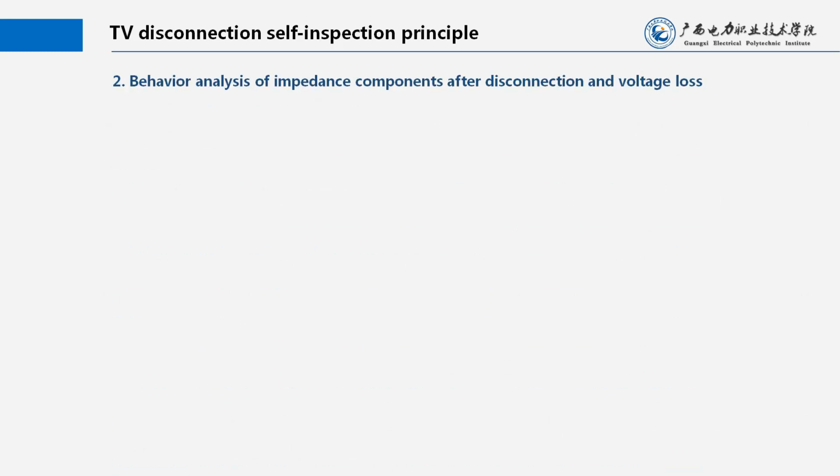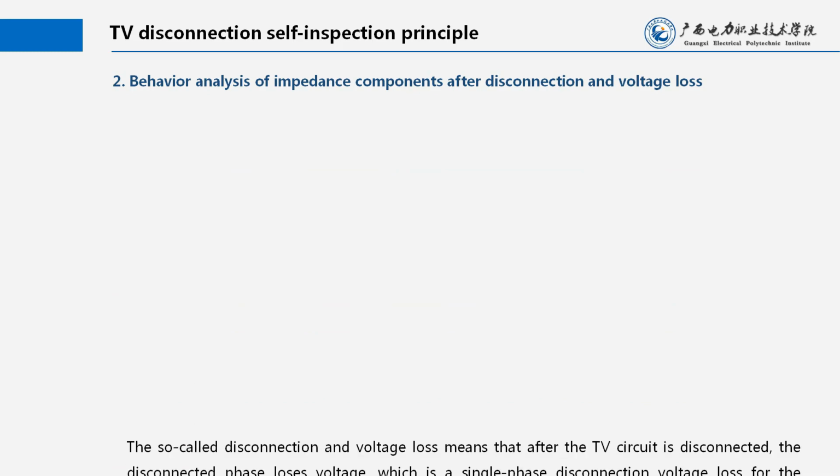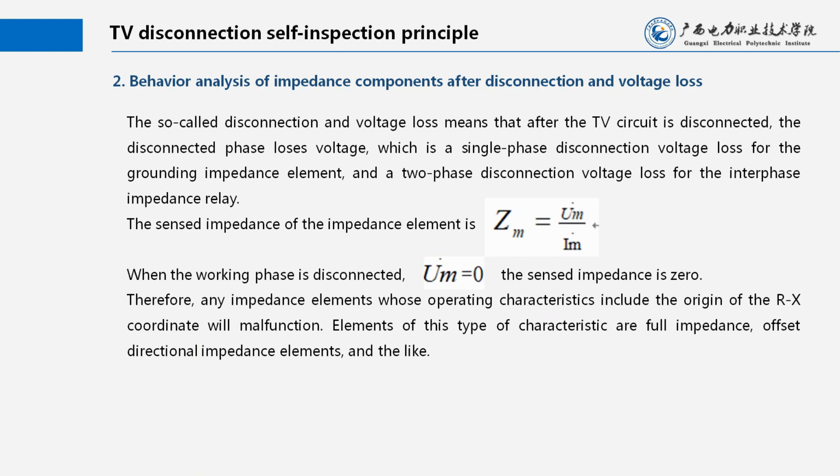2. Behavior analysis of impedance components after disconnection and voltage loss. The so-called disconnection and voltage loss means that after the TV circuit is disconnected, the disconnected phase loses voltage, which is a single-phase disconnection voltage loss for the grounding impedance element, and a two-phase disconnection voltage loss for the interphase impedance relay. The sensed impedance of the impedance element is: when the working phase is disconnected, the sensed impedance is